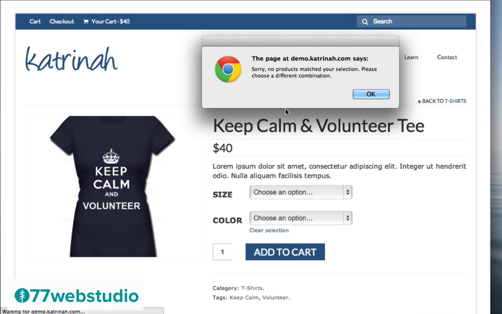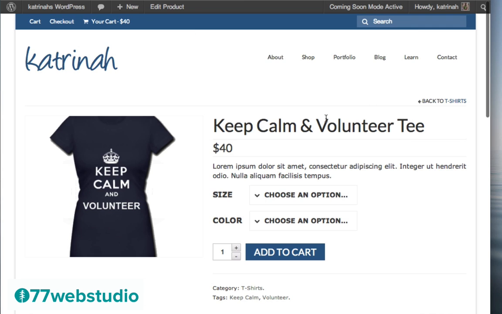So I think I know what's going on with this. I'm going to click on OK. That's not a good message. If you get that message, then as it notes here, we see the size, choose an option. There should be a default size and color listed here. So in the event that you get that message, then we need to check out once again this product. Before we continue, I'm going to do a little bit of troubleshooting. Once again, not so happy that this happened during my video, but in the event that it happens to you, I'm going to show you how you can fix it.